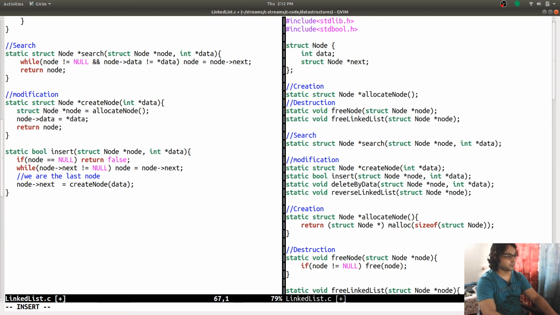So what are we going to do? Static void.